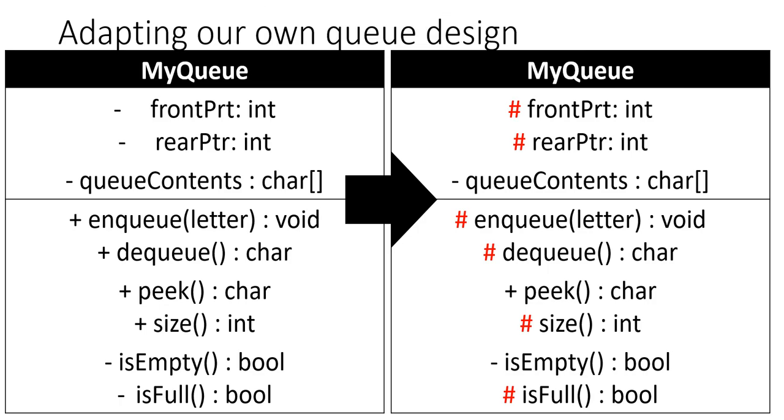Okay, so before we go and start making our circular queue, we probably want to adapt our existing queue. So the adaptations to the design that I'm going for are changing the access modifiers of the front and the rear pointers. So the hashtag is going to define for me a protected